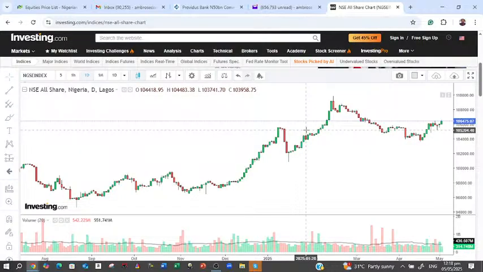If you look at the top gainers, this is why we're going to look at earnings, like I just said. You can see that the market is really reacting to these earnings and positioning, knowing that there's value in these companies. Since every investment is for the future, the more you come in earlier, the better. We are seeing that Better Glass is leading this morning, trading at 120 naira 75 kobo,